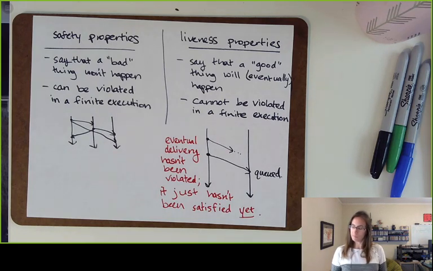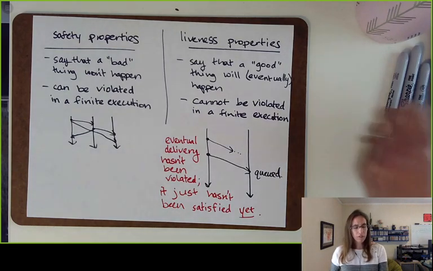So we know that a property is a safety property if we can point at something that violates it in a finite execution. All of those delivery properties that we talked about earlier, FIFO delivery, causal delivery, totally ordered delivery, they all count as safety properties. Eventual delivery, messages eventually get delivered. This is the first liveness property, I think, that we've really talked about. Liveness properties are usually considered much harder to reason about, but the trouble is you really need both.